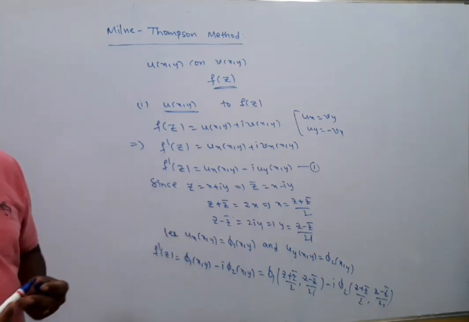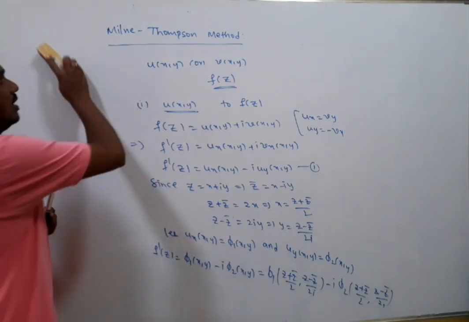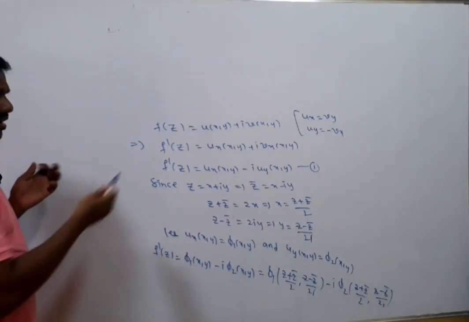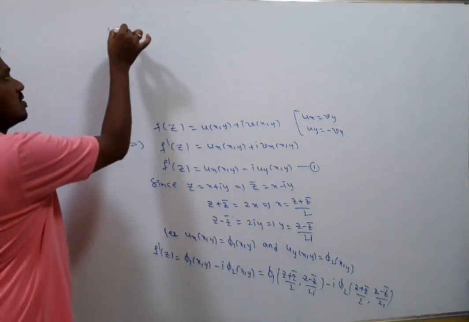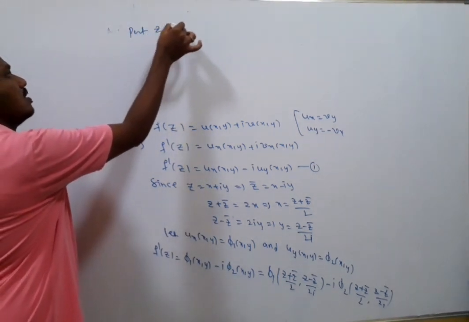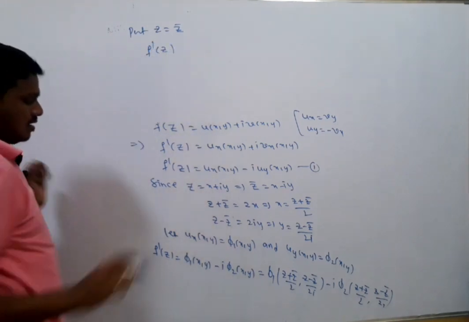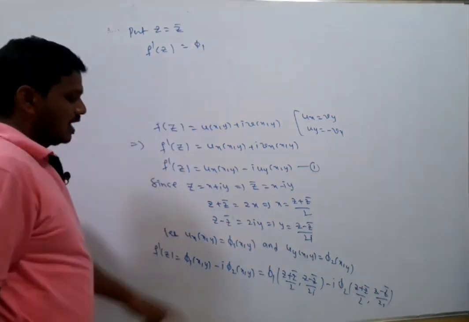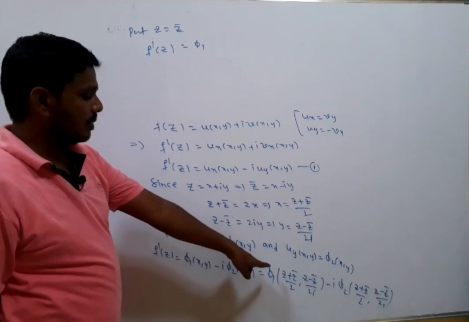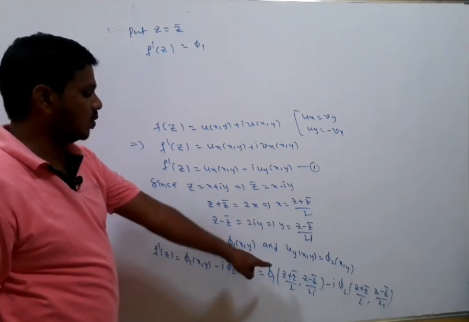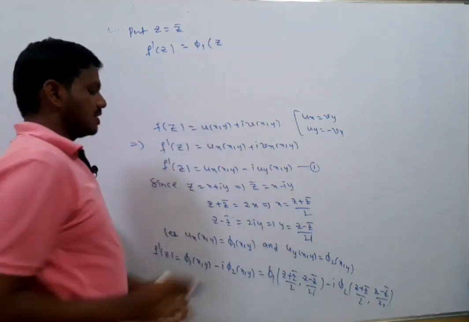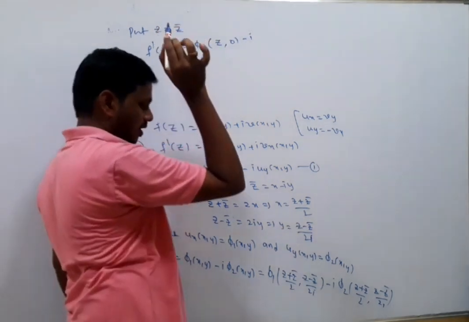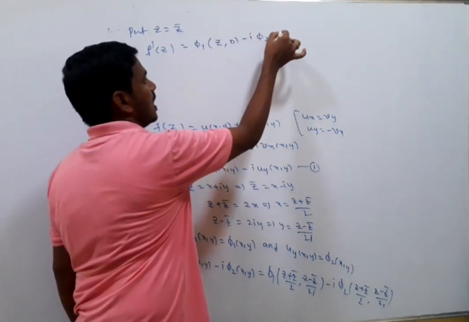Okay, this is in terms of z, right? If I take z equal to z bar, what happens? Then we have only real parts. That means we should concentrate on the real part. So put z equal to z bar. This f dash of z becomes phi 1 of z plus z bar by 2, and z plus z bar is, since z bar is equal to z, 2z by 2. The 2 gets cancelled, phi 1 of z. Since z is equal to z bar, z bar minus z bar is 0. That is phi 1 of z comma 0 minus i into phi 2 of z comma 0.